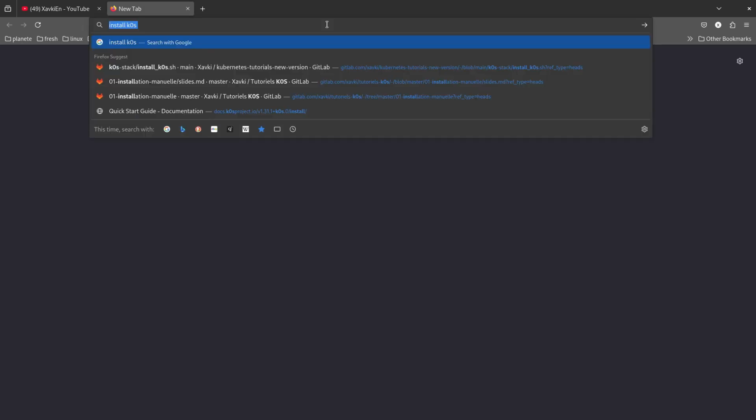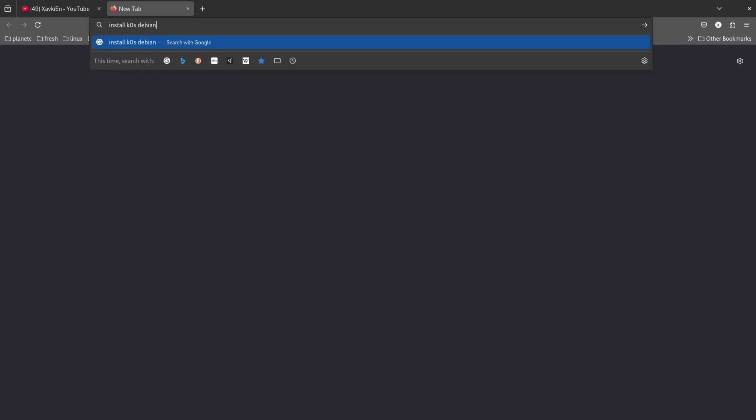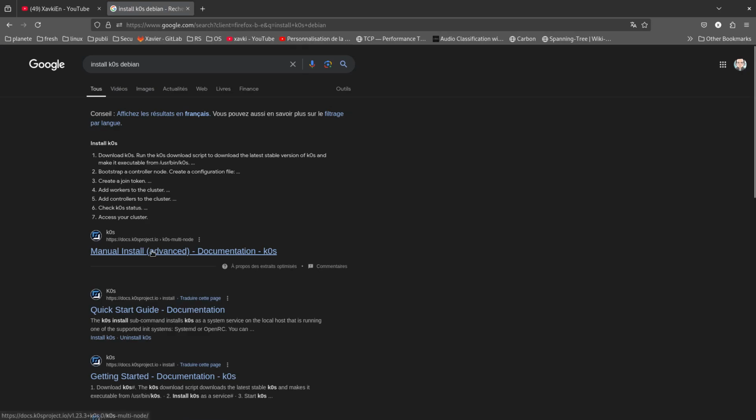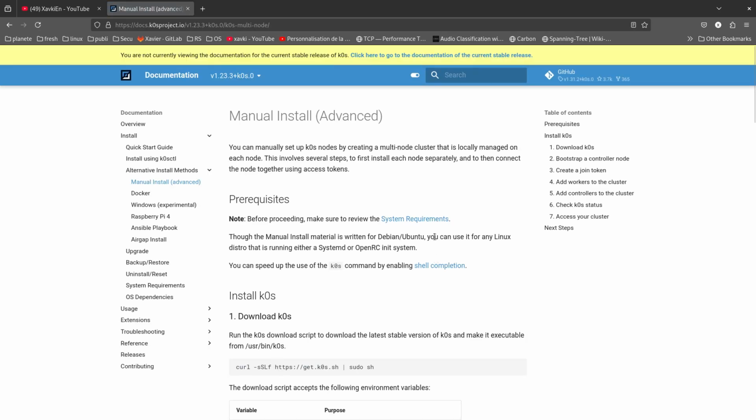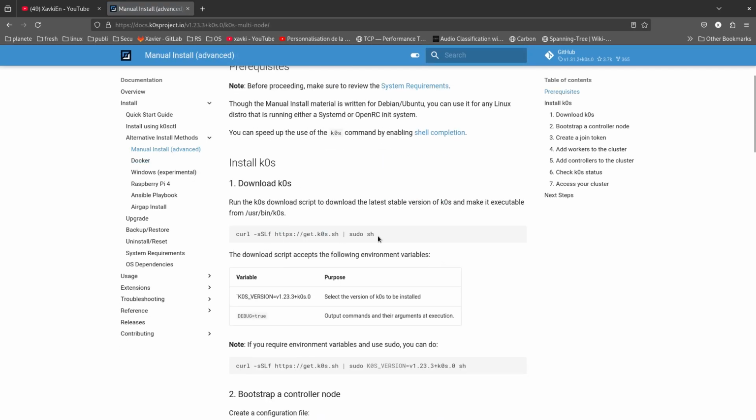No, this is a Debian virtual server. Okay, we can add Debian, and we have of course the K0s documentation, and you can see we just need to run a simple curl piped to sudo sh to run the script.